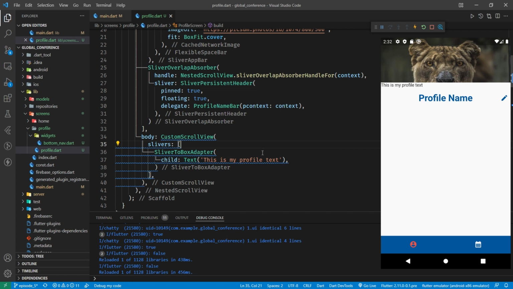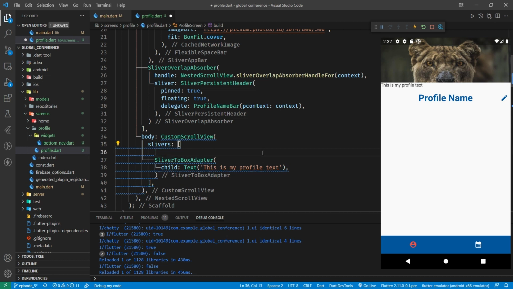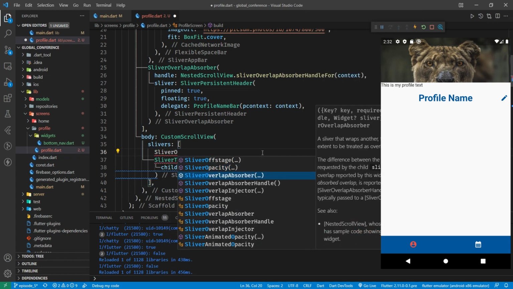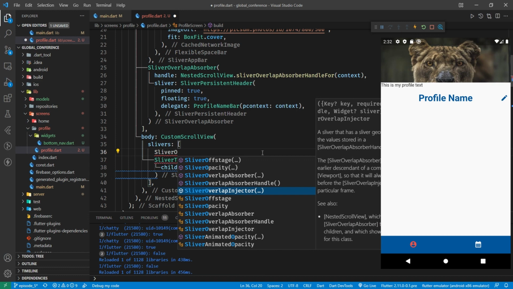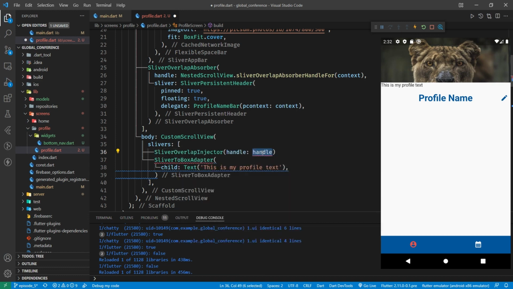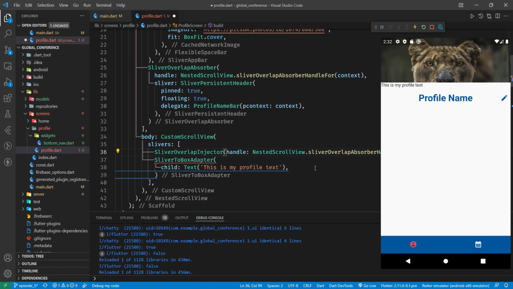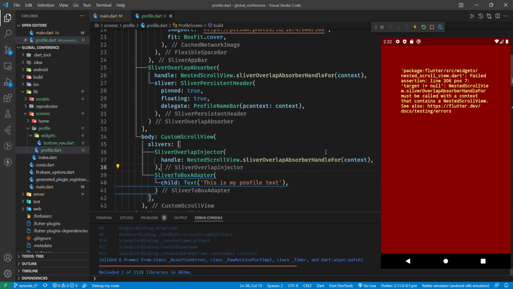So what we can do is we can put in here as the first sliver in this a sliver overlap injector, and we need to put in the same handle context. And we do that with a nested scroll view sliver overlap absorber handle for, just wrap this onto more lines so you can see what's going on,